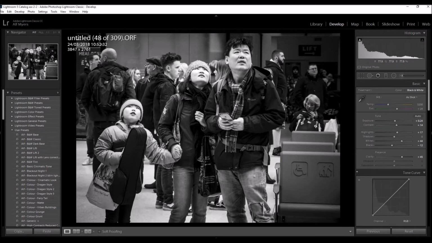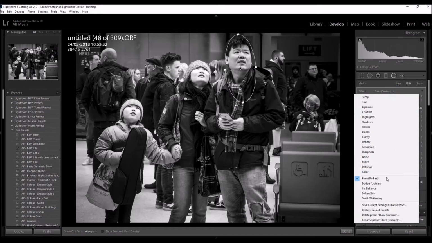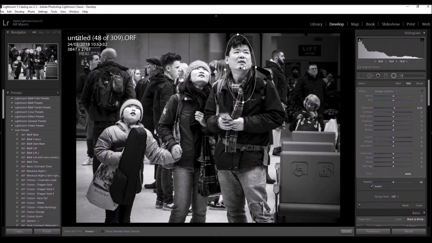However, I want to bring out those a little bit further. So I'm going to add the Radial Filter again. It's one of my favorite tools in Lightroom, especially for doing this dodge and burning of the images. And now I want to lighten the face. Just going to back that off a little bit, and I'm going to add a little bit more clarity in there just to give a little bit more definition, and I'm going to duplicate that and move it on to